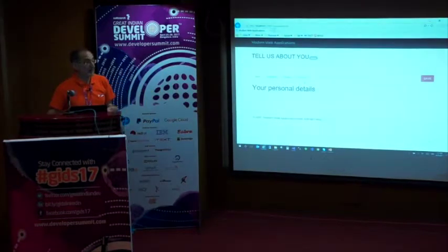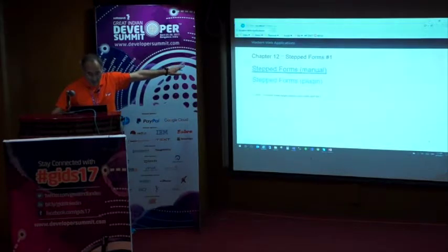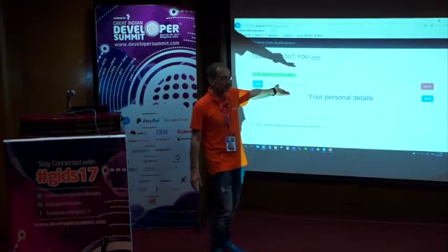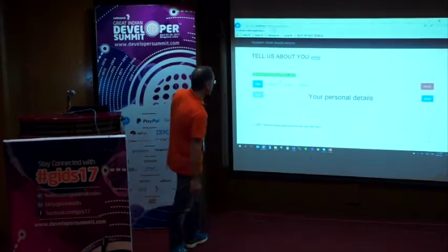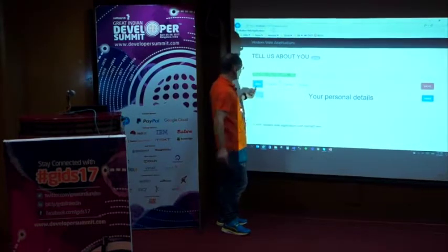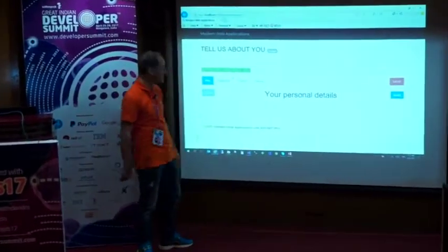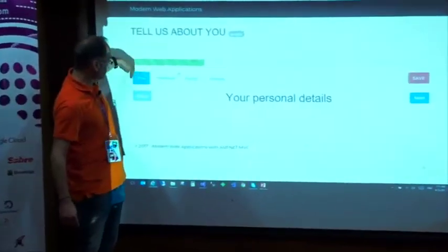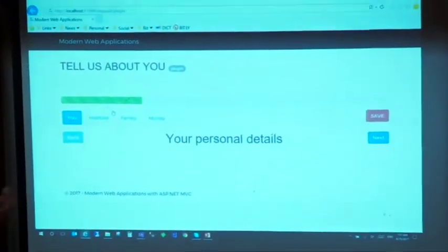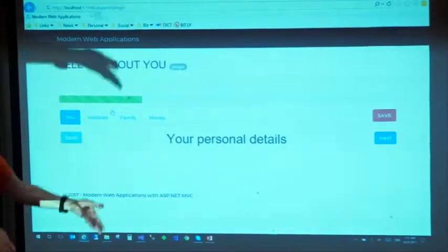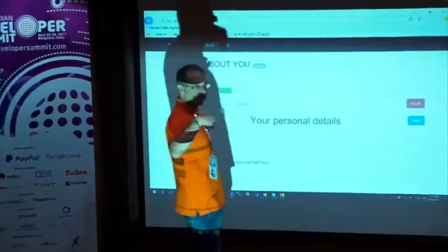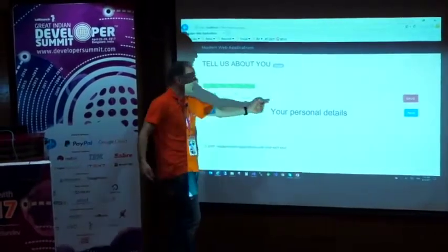This is the simplest you can do, but you can do even more sophisticated things using, for example, a plugin. A Bootstrap plugin that essentially gives you control over going from here to here. You can have a validation whenever you switch between the tabs. The plugin allows you to give a different UI to the tabs. So it's essentially the same HTML structure with some extra JavaScript code that allows you to have back and next buttons subject to validation. You can enable or disable